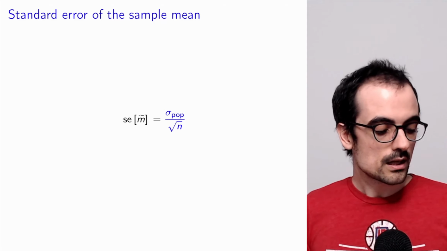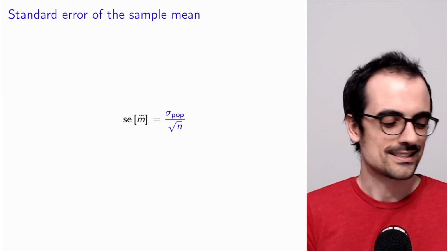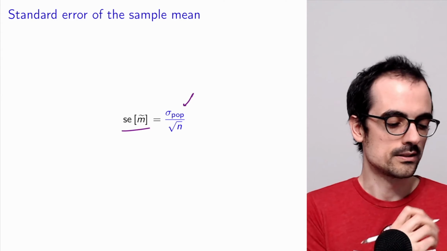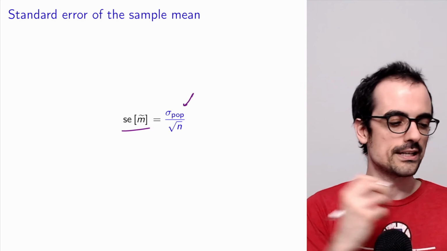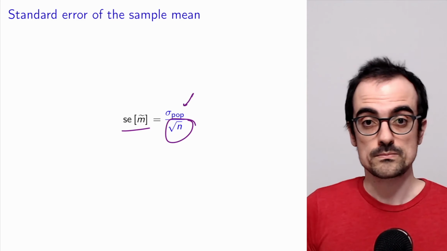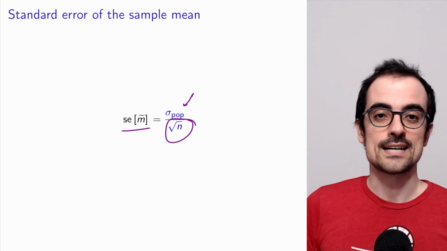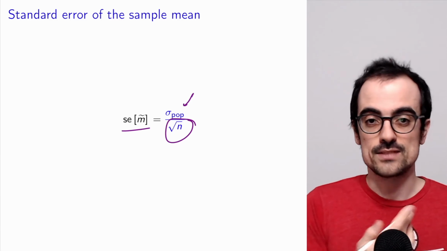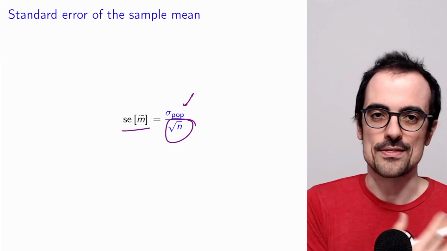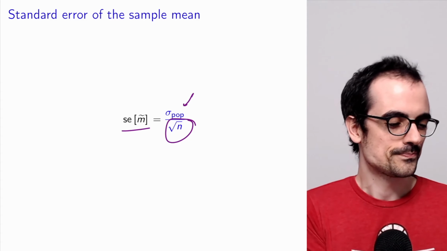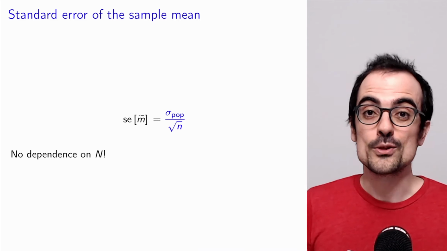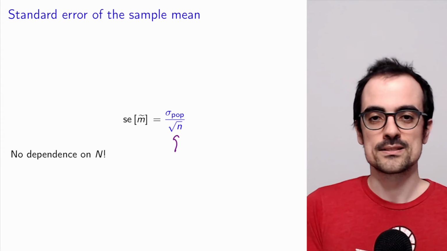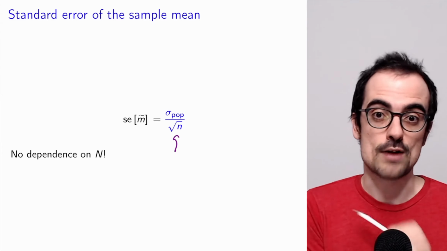We proved this result in our video on standard errors, where we showed that the standard error of the sample mean is equal to the population standard deviation, how spread out the original population is, divided by square root of n. This is a very important result because it tells us that this distribution is more and more concentrated as we gather more data. This follows from the fact that the variance of a sum of random variables is equal to the sum of the variances. Importantly, there is no dependence on the size of the original population. All that matters is the number of random samples that we're using